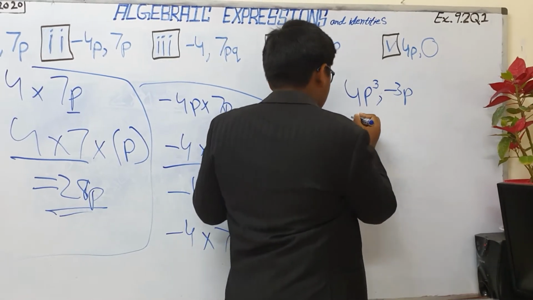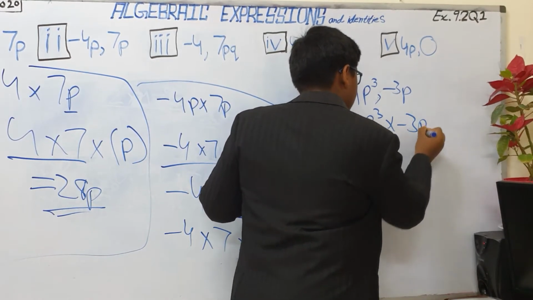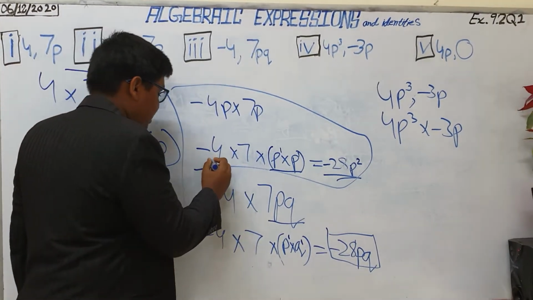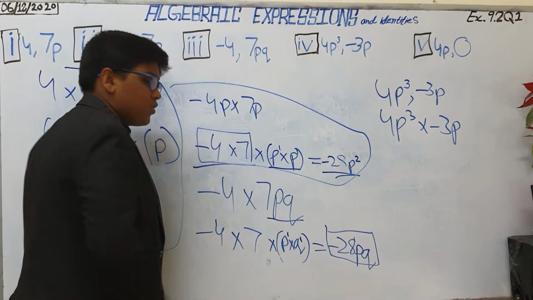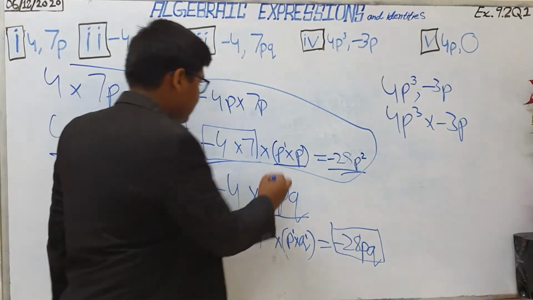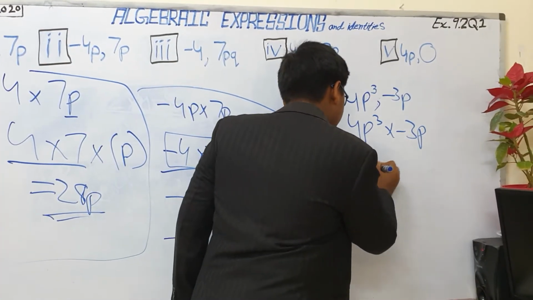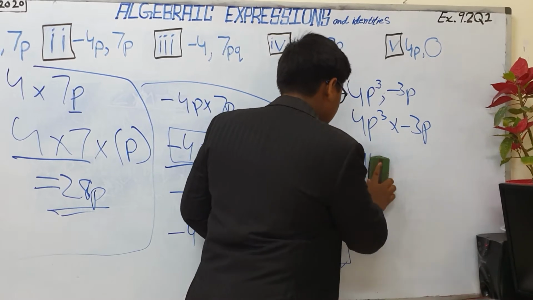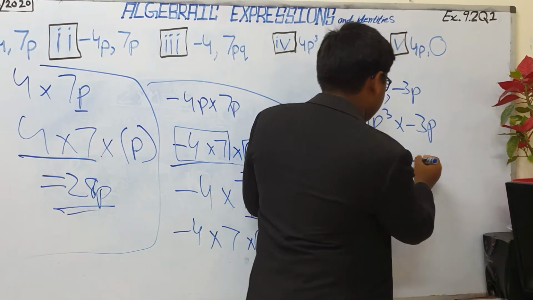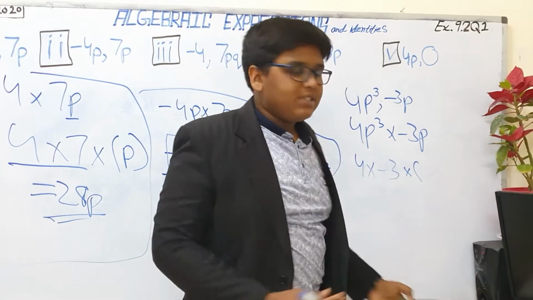Let's do 4p cubed into minus 3p. Now, as we did in our previous questions, we took another column. We took a term for the constants and another term for the variables. We are also going to do it like this. So 4 into minus 3, and in bracket we are going to write into. It's not important to write the into sign. It's in our wish, because